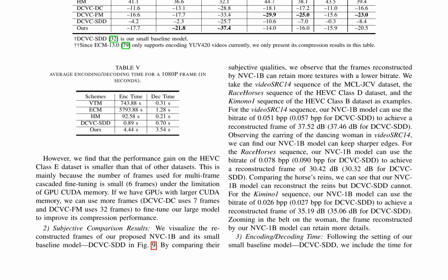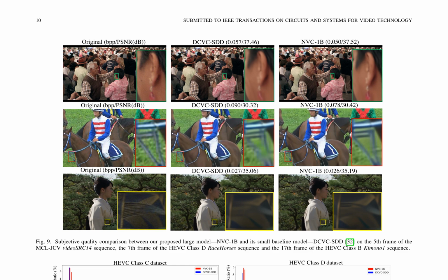Finally, the paper discusses the limitations of the current implementation, including the restricted GPU CUDA memory, which affects the performance gain on the HEVC Class E dataset. Future work involves exploring the use of GPUs with larger CUDA memory to further improve the compression performance of the NVC-1B model. A comprehensive evaluation of the proposed large video coding model, NVC-1B, is presented in comparison to its small